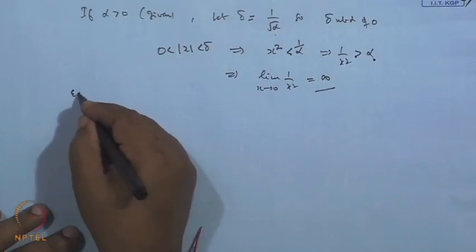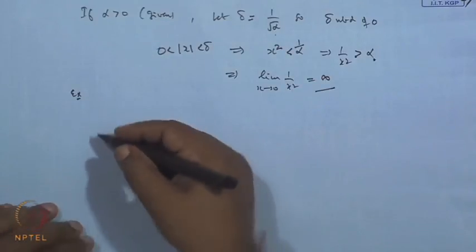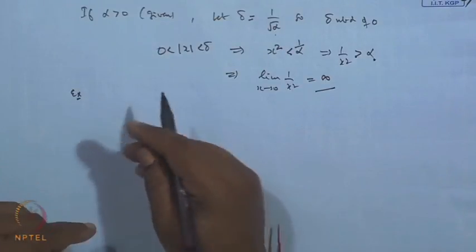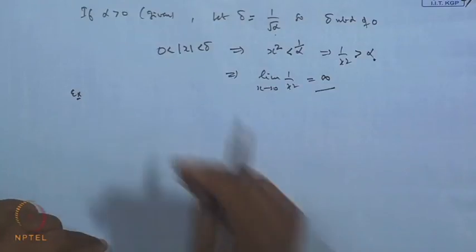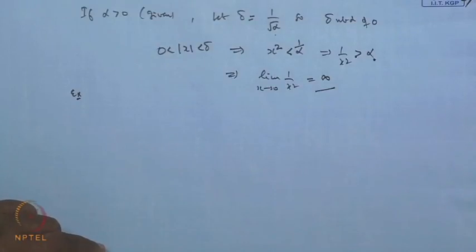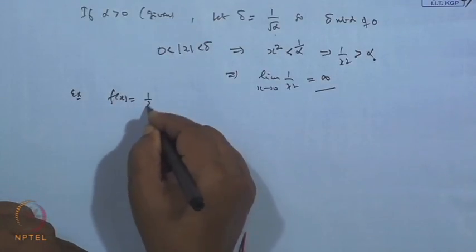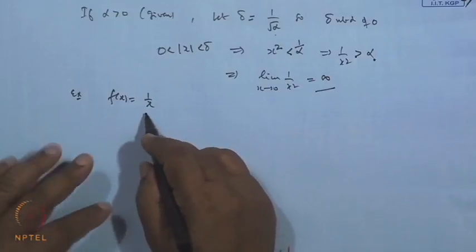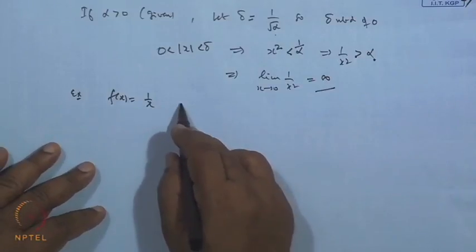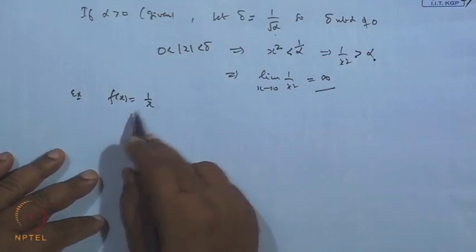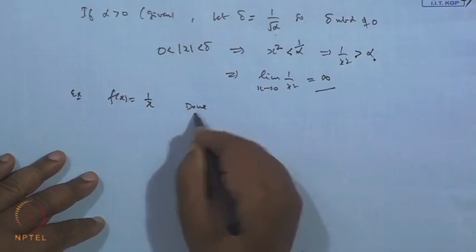Another example: suppose I take 1 by x, which we have also seen. Take f x equal to 1 by x. This also we have seen, the limit of this when x tends to 0 from right hand side is plus infinity, and from left hand side it is minus infinity. So, this is already done, so need not to